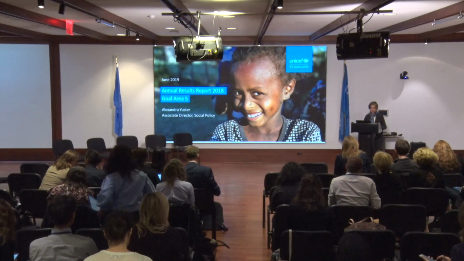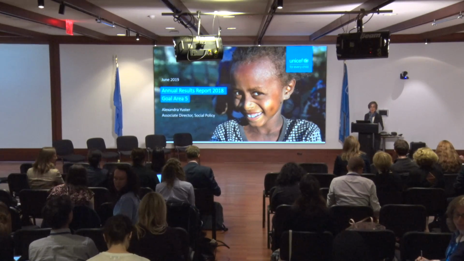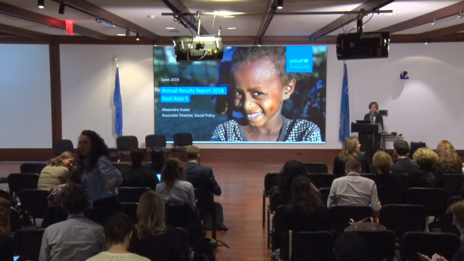Good afternoon, everyone. Goal Area 5 focuses on equity, our efforts to make sure that the most marginalized children aren't left behind. And this work contributes both to reducing poverty and discrimination and increasing participation, all of which are ends in themselves, well established in both the Child Rights Convention and the SDGs. And it also makes a clear difference in children's lives by contributing to all other rights, whether that's health, education, protection, indeed WASH. So let me show you a little about how this works with some examples of our results